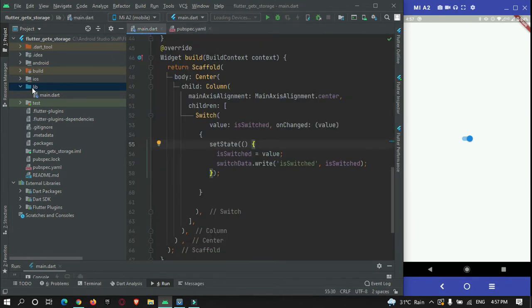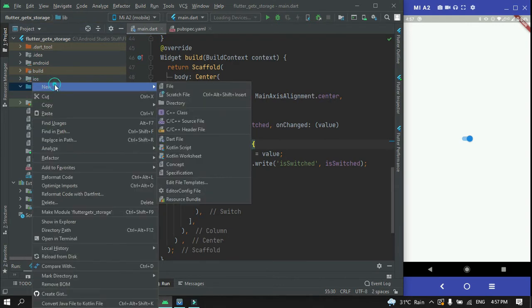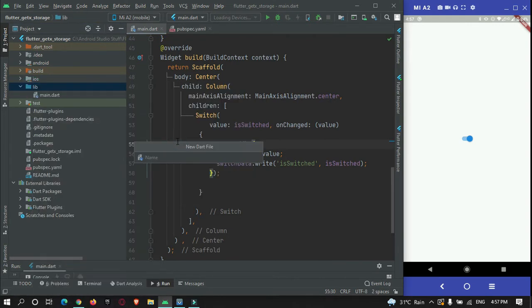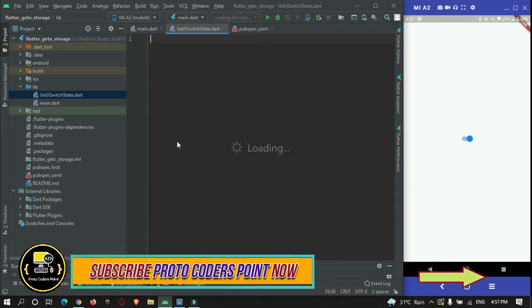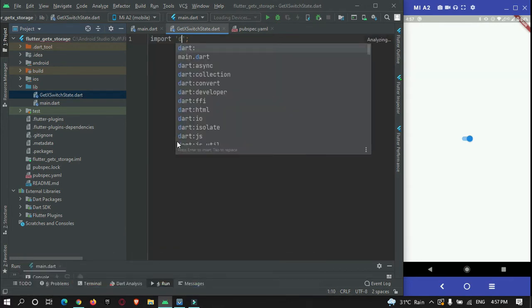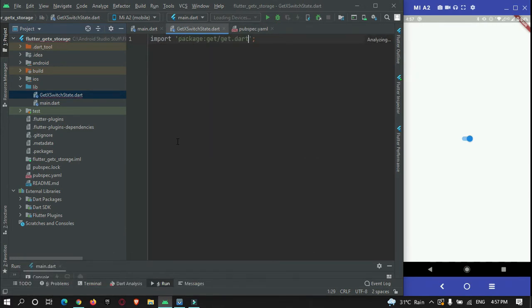So first of all, you need to create a Dart file. We can name it getx_switch_state. Here you need to import the Dart get package, get.dart, and you need the GetX storage package.